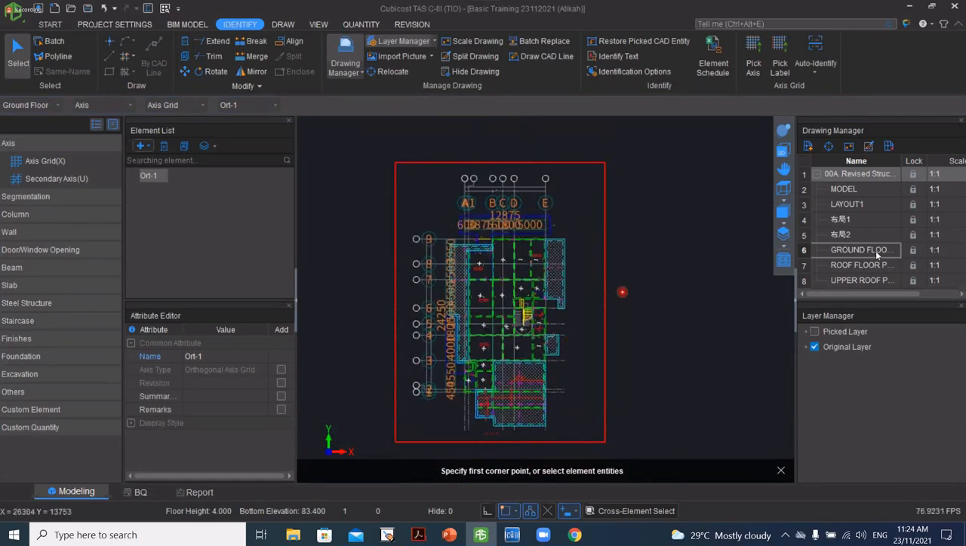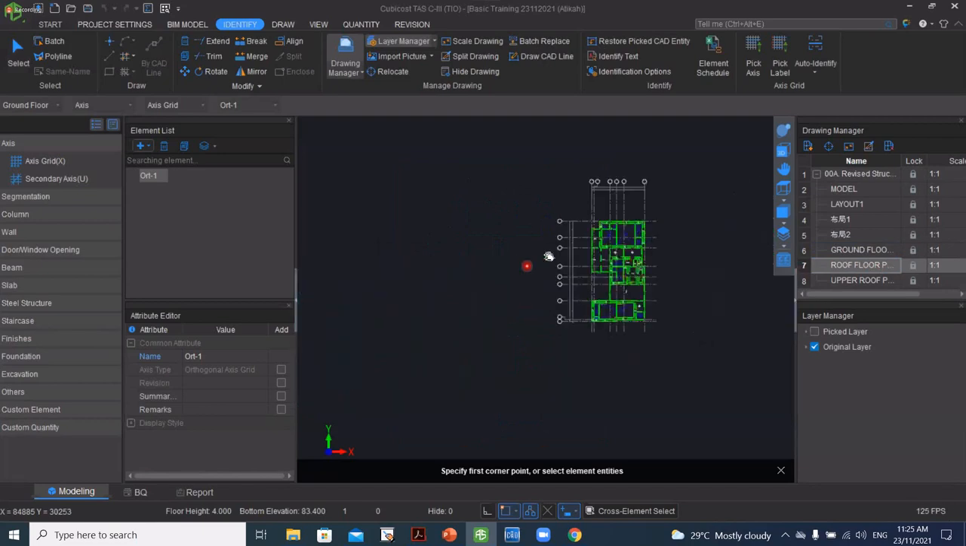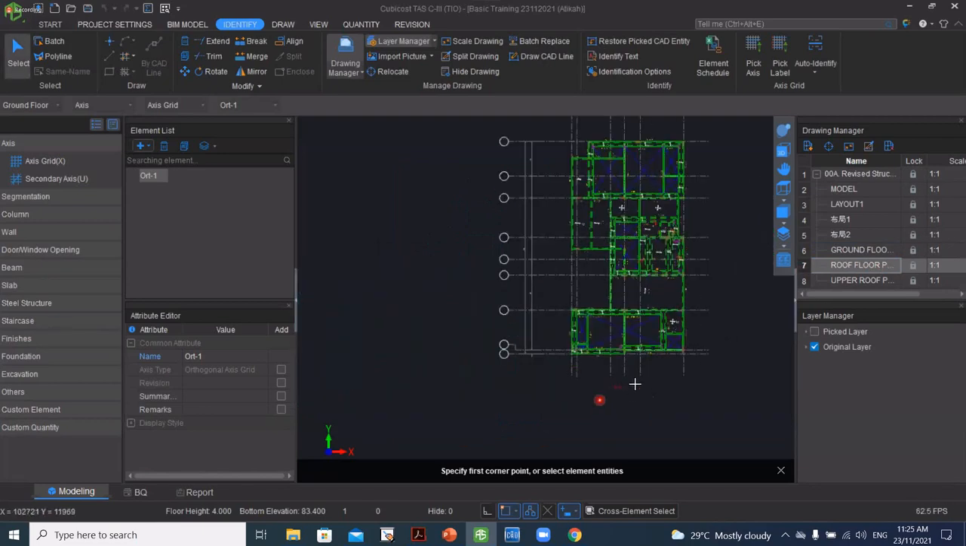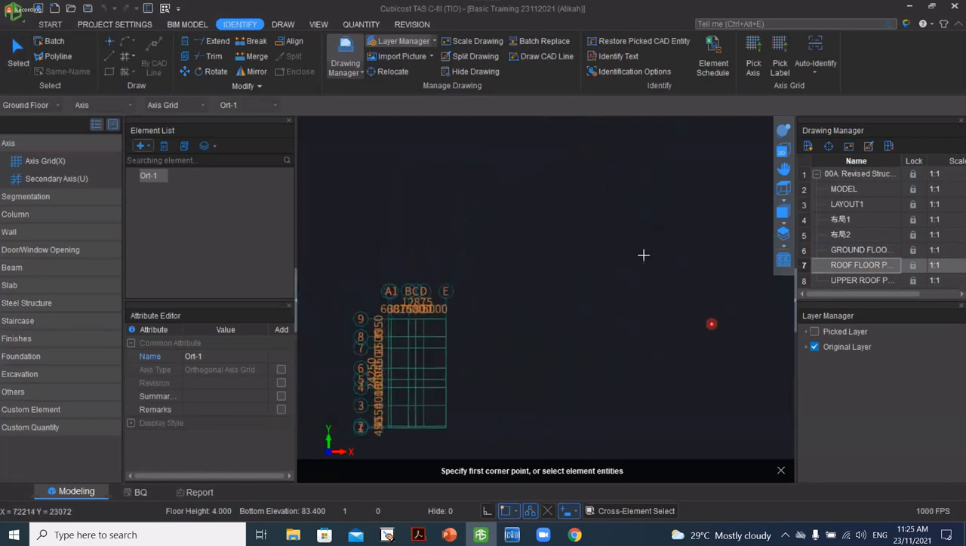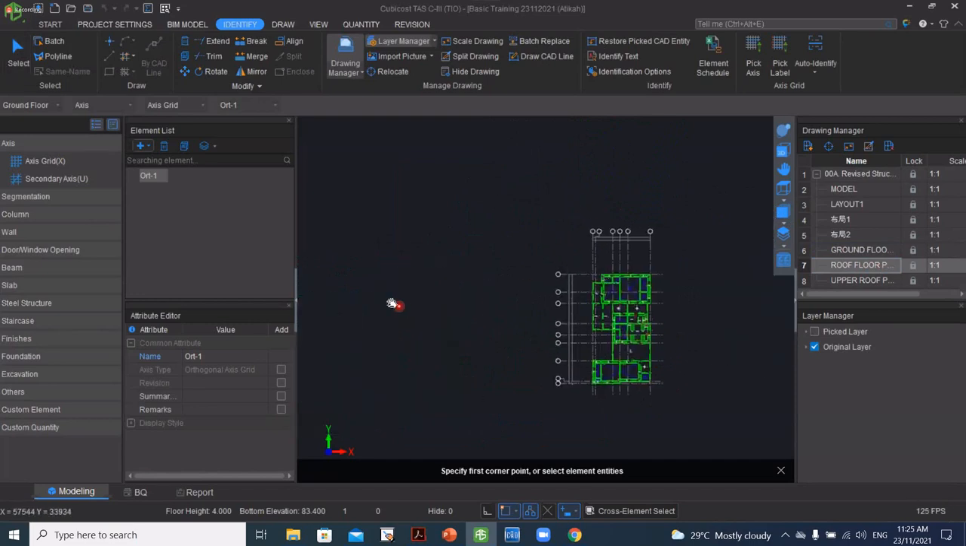So for example, just now during the splitting process, we already split the roof floor plan and also the upper roof plan. You can also do the same. You can practice. For example, just now we were at the ground floor, so you want to relocate the roof floor plan. You just need to double click at the roof floor plan here. Double click, and then as you can see, only our roof plan is located here. In order to relocate your drawing to our existing grid line here, you just need to do